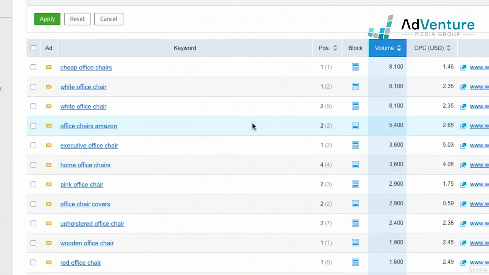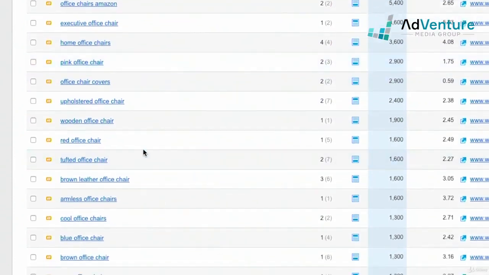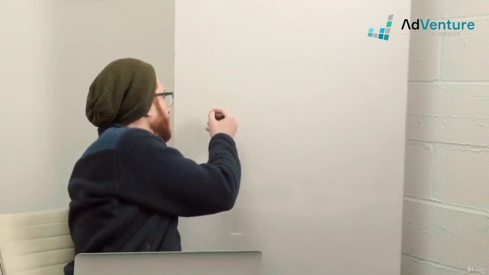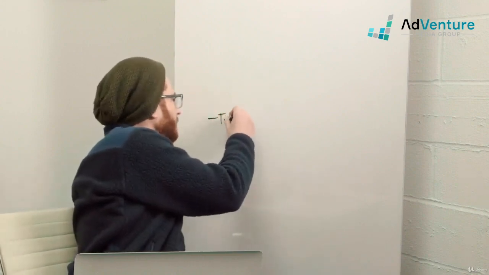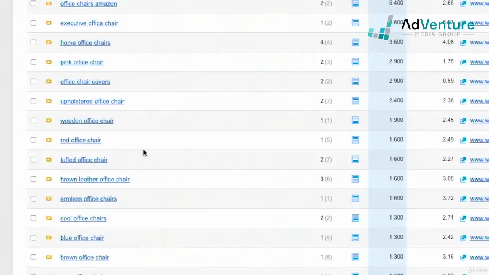White is another important theme. We're seeing white is a popular search. Home office chair, pink office chair, tufted office chair, right? Tufted, that's something that we didn't think of. Does Pop and sell tufted office chairs? Well, if they don't sell tufted office chairs, then we just came up with another great idea for another negative keyword. We now have another idea for a great negative keyword that we didn't even get by originally using SEMrush